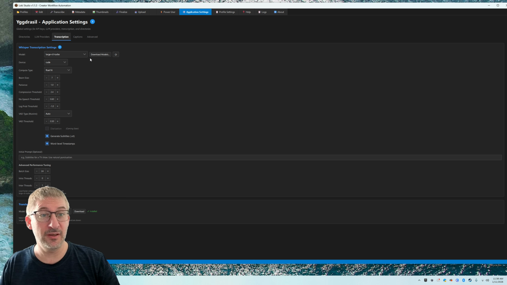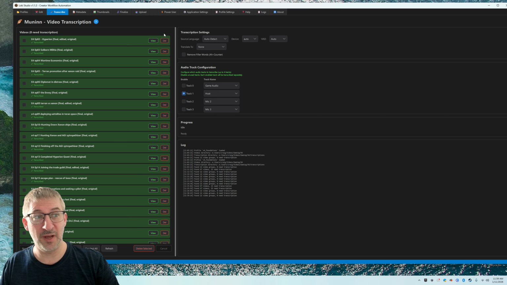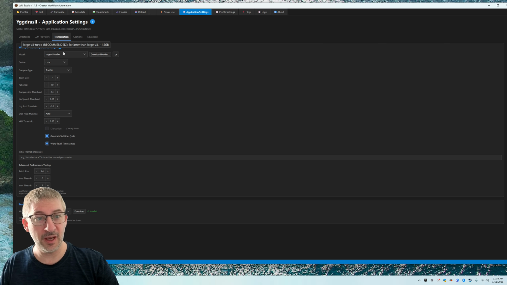So essentially here we have the transcription tab, which we're going to cover today, and we have the model that we use. The theory behind this is you're probably going to find a model that you like to use the most and just use it, and not want to switch it back and forth all the time. That's why you don't see the model choice here. And it's very quick to jump back and forth because it remembers the tab that you're on, so you don't have to click on application settings and then you're here in directories